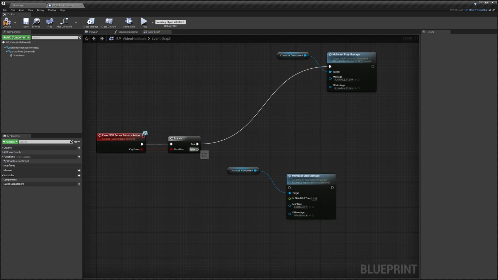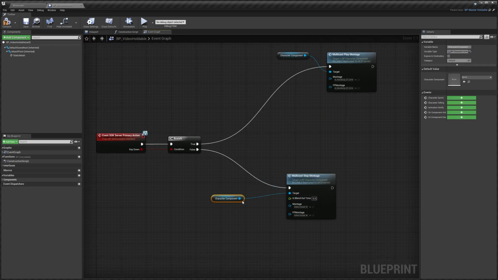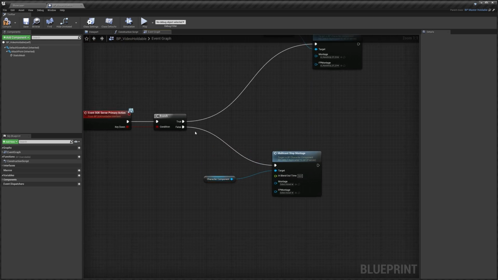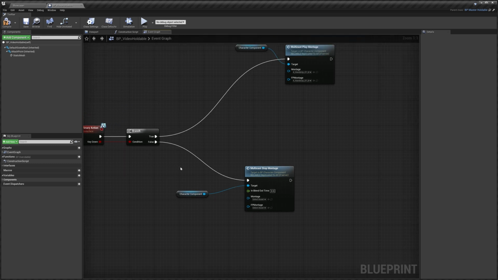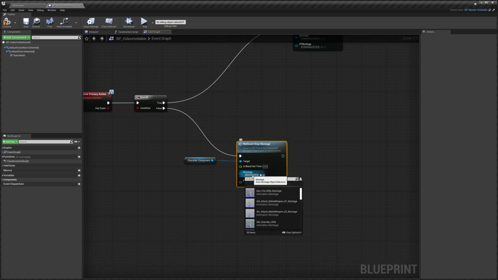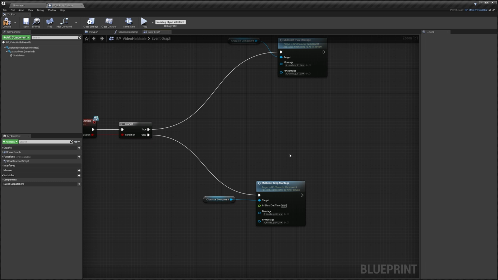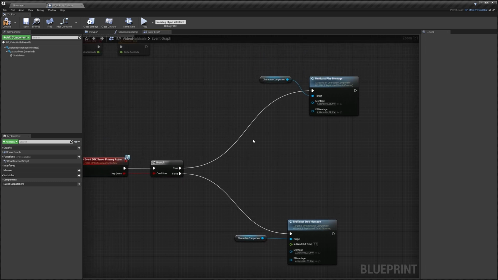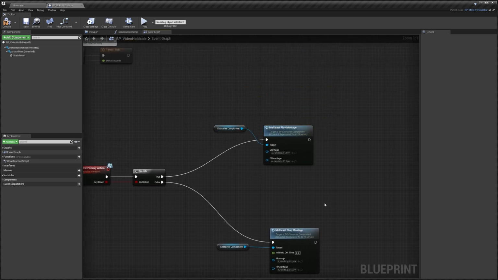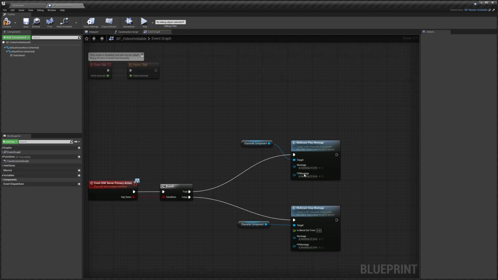And we want this to happen if we let go of our primary action, so that's our left mouse. Again, we'll set the montage to our hands up so it knows which one we want to stop. And you can change the blend out time. This is just how smooth the animation will be when it stops. I'm going to leave mine as 0 for now. Now next, our Holdable needs to know when our animation is done, or when we want it to eat